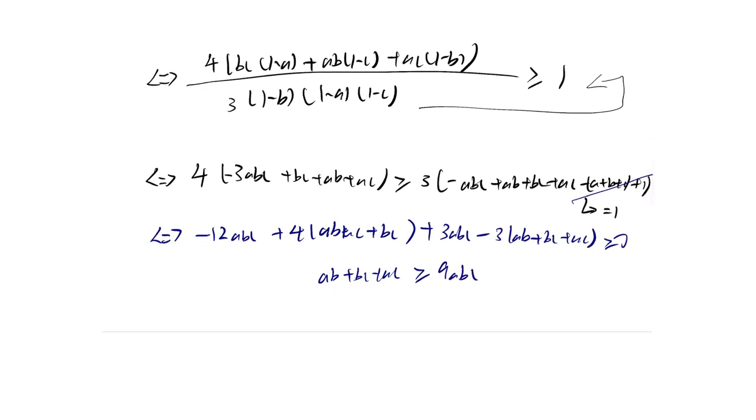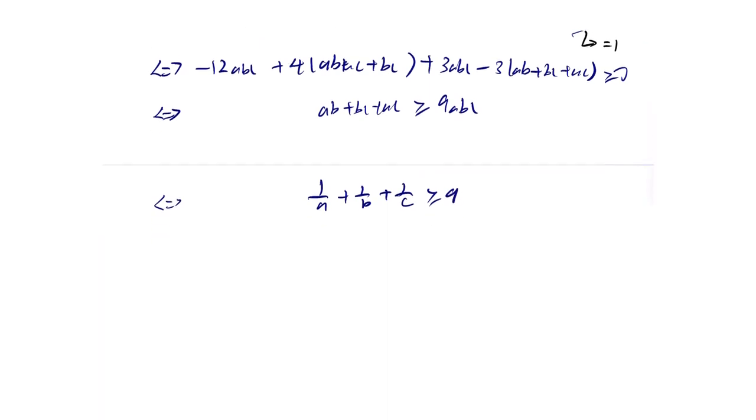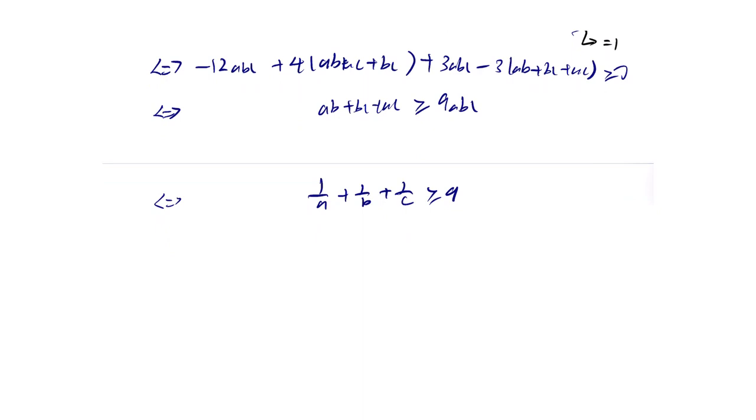Divide both sides by abc. We'll have 1 over a plus 1 over b plus 1 over c larger or equal to 9. And we now make use of our given condition a plus b plus c equals 1, and the fact that a, b, c are positive real numbers. Therefore, to make this clear, we have 1 over a plus 1 over b plus 1 over c